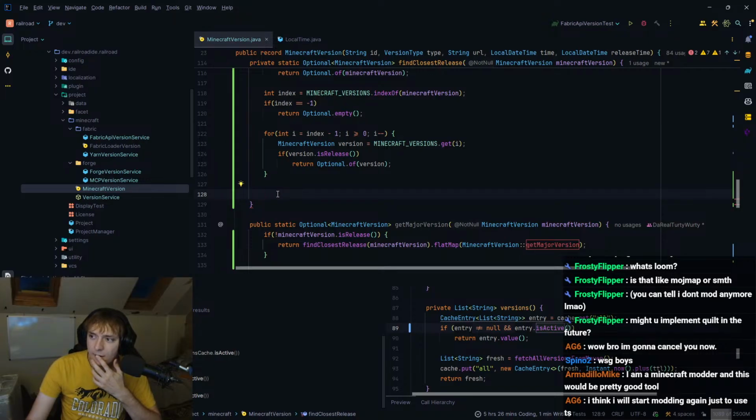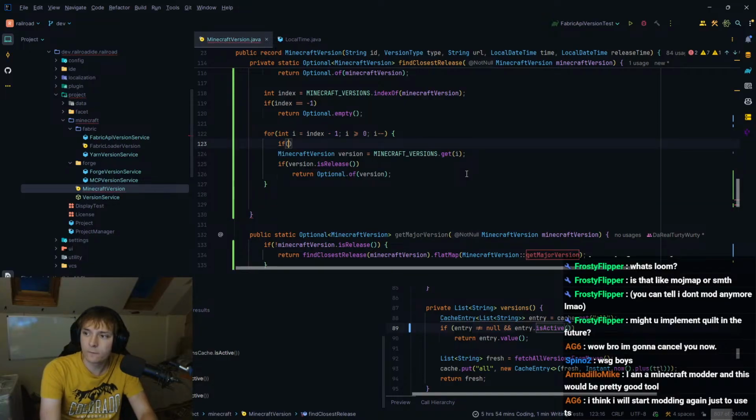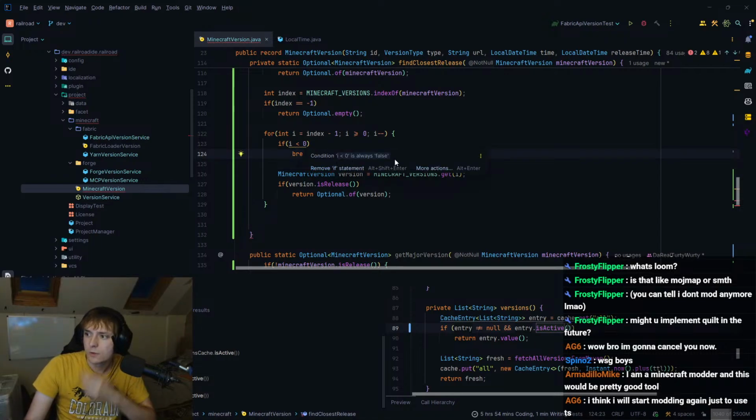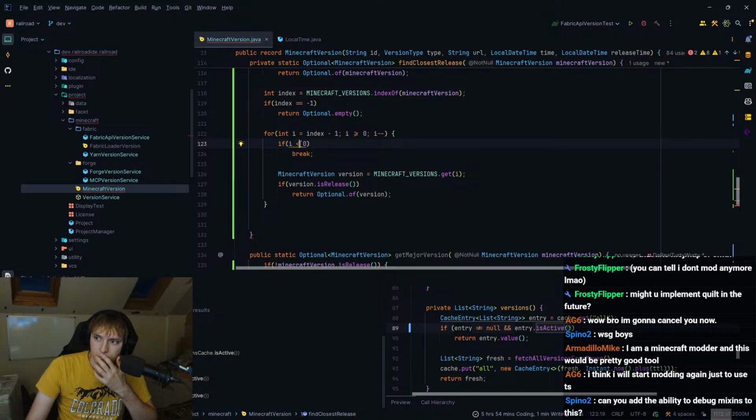Is this correct? Doesn't it is release, and it does that. I should quickly just do a check though, and just say if i is less than 0, break. Condition is always false. Is it? Is it though? Let's think.